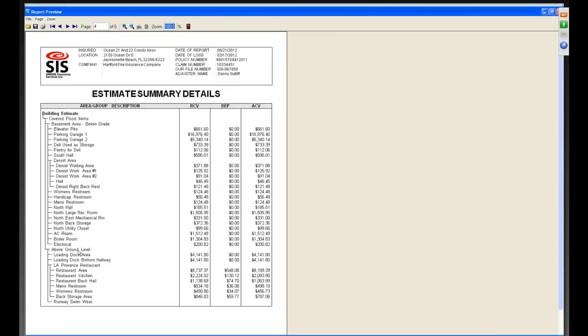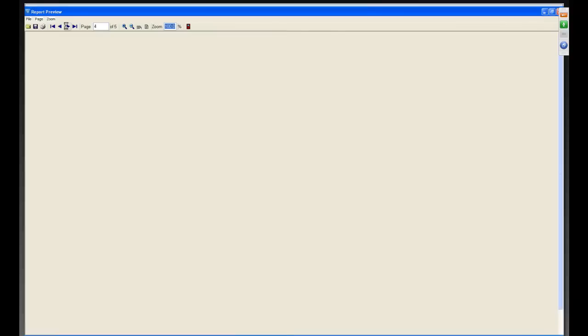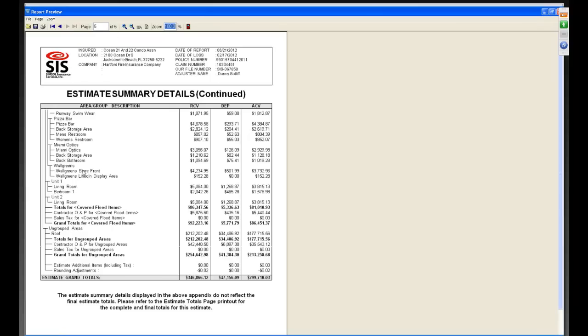So if an examiner comes up and says, well, wait a minute, I like your estimate and everything, but I need to know, what did you pay for the South Hall? He can see it right away. How much did you pay for the North Large Rec Room? There it is. How much did you pay for all the covered items? How much did I pay for all covered items? Right up here,